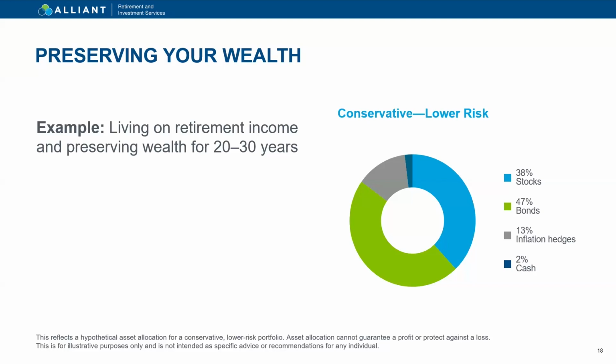So in this hypothetical allocation, it's designed to do that with mostly conservative investment that can help you protect what you've saved over all these years. And you can see it's mostly in bonds and some of the other categories. So it may be a long time, maybe 25 years before you plan to retire, but you could live another 30 after that. So the goal of a conservative portfolio is to provide investment income and help you guard against the